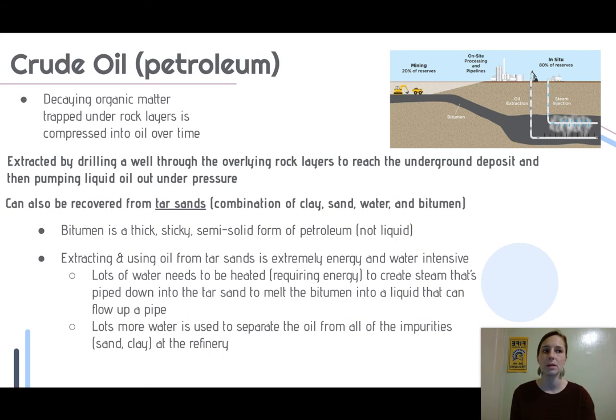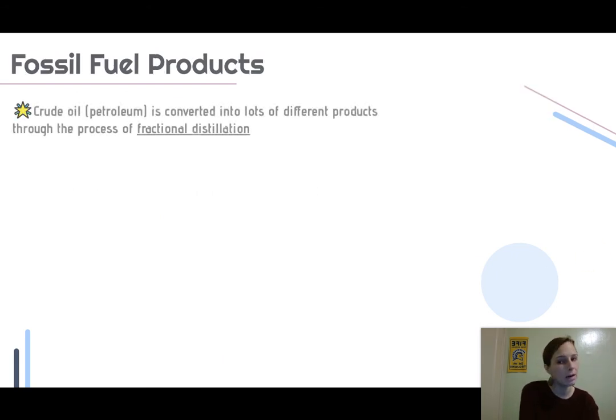But Canada is actually doing a bunch of this because as they are depleting their regular petroleum resource areas, this is where we are kind of moving, as we still need petroleum for a lot of different purposes in our world. So speaking of a lot of different purposes in our world, we're going to talk about how fossil fuels are used. So the petroleum that we just talked about is going to be converted into lots of different products